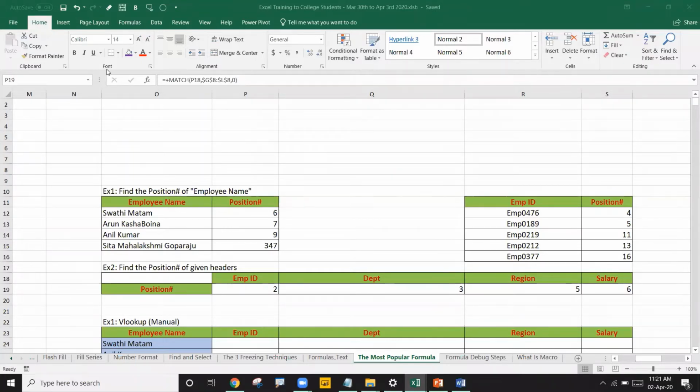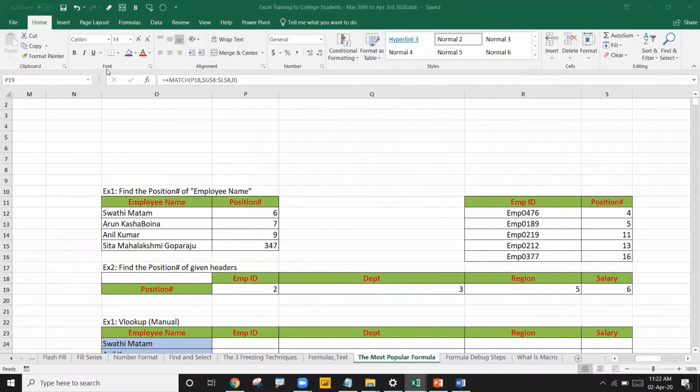Okay, Suchita, that is an interesting one. Suchita is asking why I am using the plus symbol for writing the formula but not the equal to. So I'll tell you. On my laptop the keyboard has some problem, the equal to symbol is not working sometimes. At that time I'm using the plus symbol. Even if I use a plus symbol, once I enter it, it will automatically take it as equal to. Just give it a try. You write plus sum of 100 comma 200. Once you enter it, it will show equal to plus sum of 100 and 200 is 300.